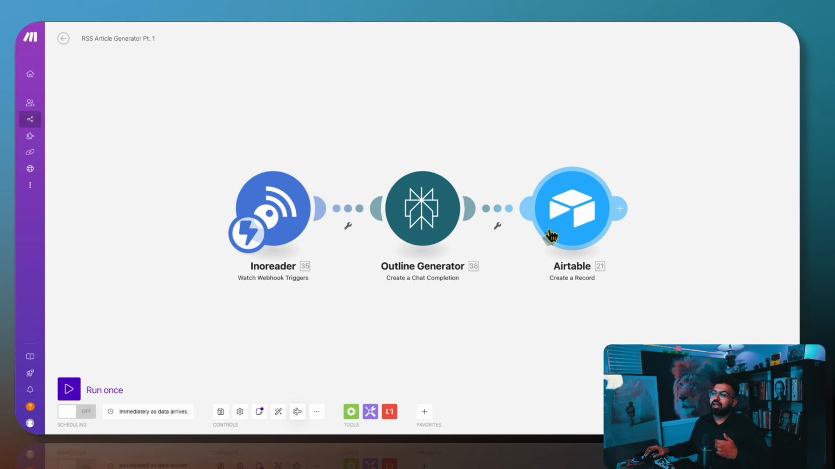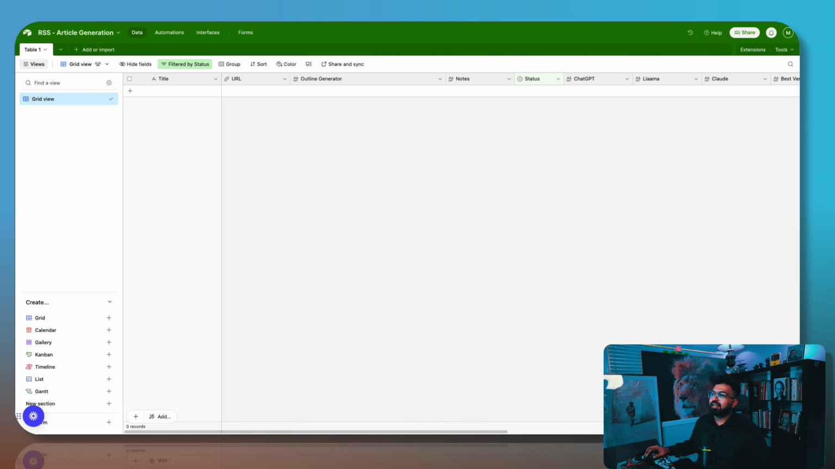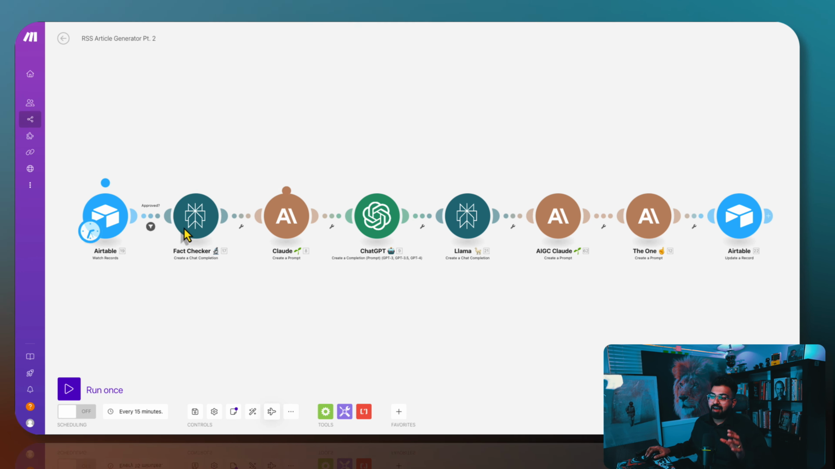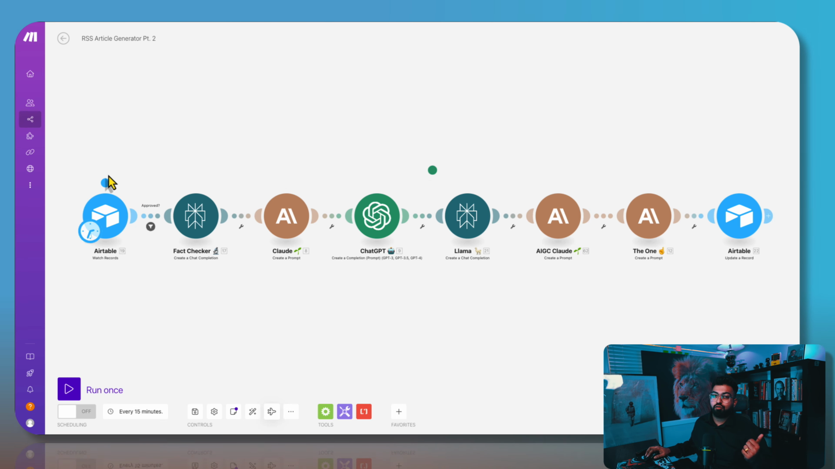So this outline will be posted to an Airtable. Once we capture the title, URL, you will see the outline. And then what happens in part 2 is, once we approve this post, we will fact check the outline. Everything that has been generated within the outline generator is being fact checked. Once it's done, then we use both the fact checked info and the info from the outline